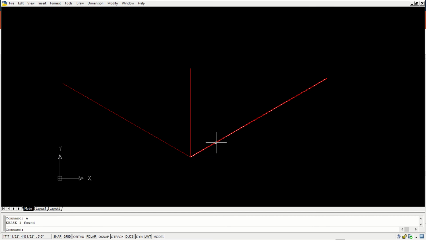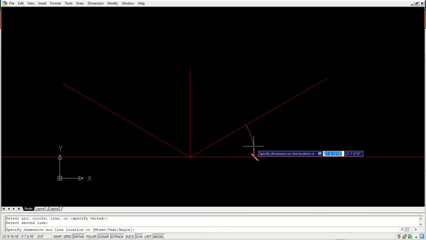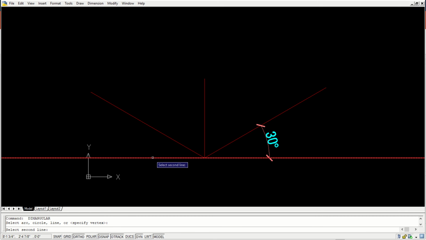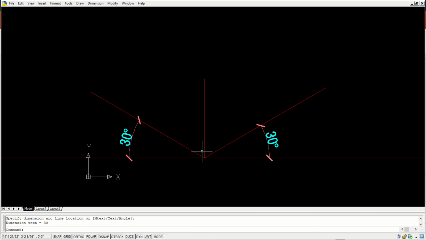How do I know that this is a 30-degree line? You can see the angle between these two lines is 30-degree, and the angle between these two lines is 30-degree. This is the trick.